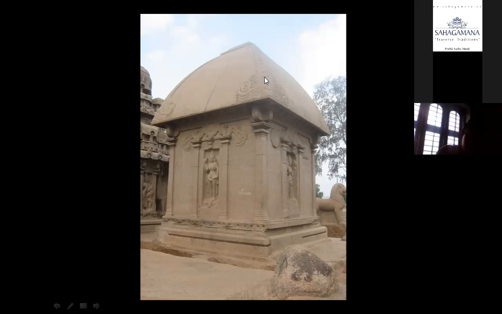And the structure itself, we saw that a temple requires Shad Vargas to be classified as a temple, usually. So Shad Vargas are what? The Adhishthanam, the Padavargam or the wall, the Prastaram, the portion where the Kapota is, which connects the superstructure and the lower structure. You have the Griva, which is the neck portion. The fifth one is the Shikara. And then you have the Stupi. If this is there, it is called the Shadvarga Vimana, Shadvarga Prasada or Shadvarga Vimana.